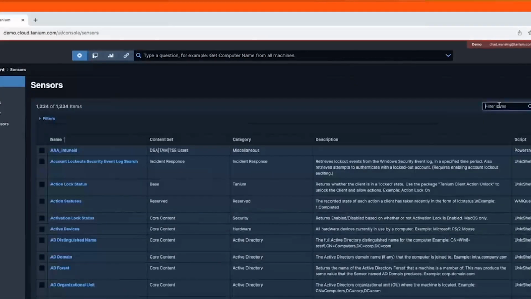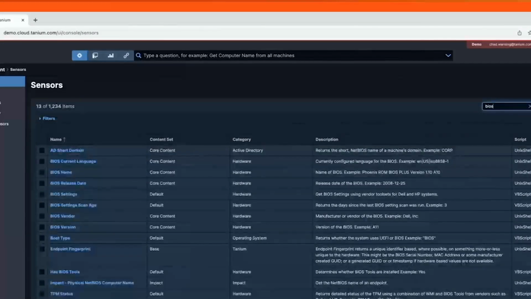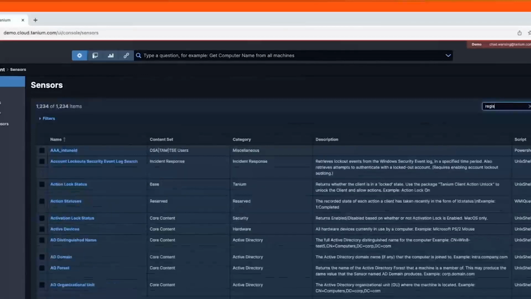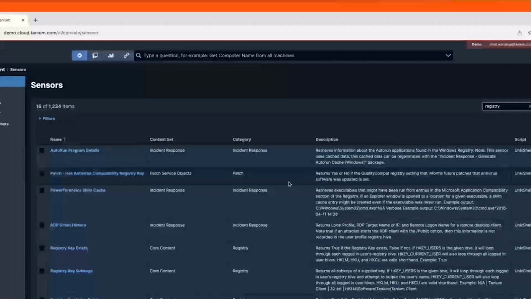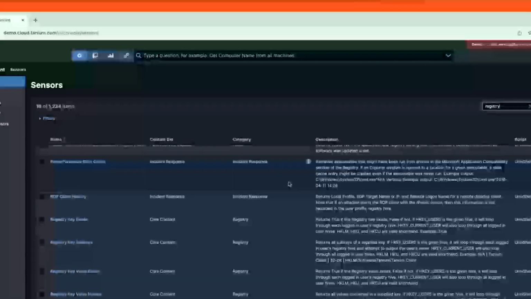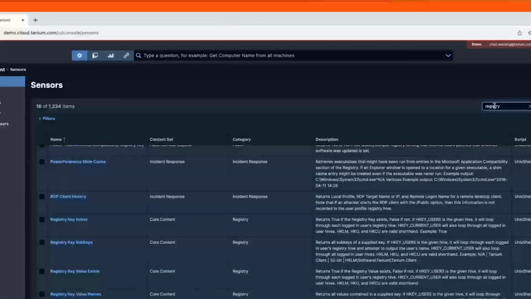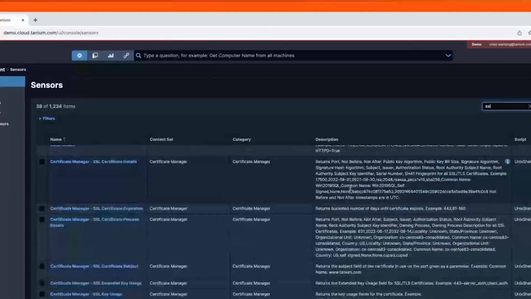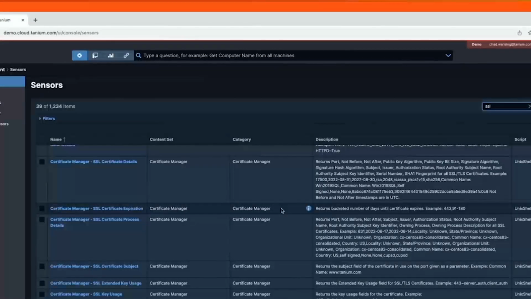Well, let's go look at some of the harder things. You want to go see BIOS information? Absolutely. Want to go find registry keys, subkeys, particular values? Not a problem. Maybe we want to go looking for SSL certs, in particular those ones that are expiring soon. You want me to set up a routine where every 7 days I ask for the certs expiring in the next 30 days? Absolutely. Send that, put it in a ticket, not a problem.